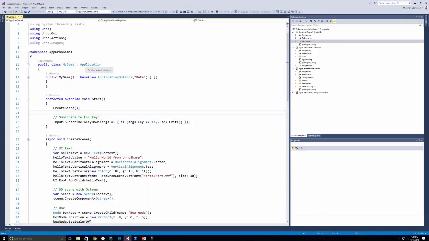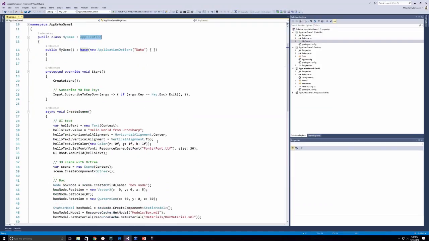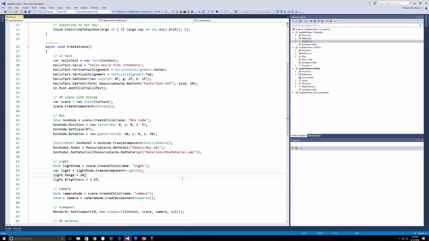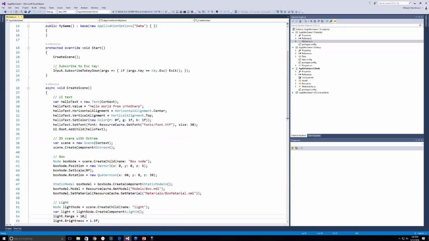But yeah, so this is a subclass of the application class. Here's the code that sets up the scene. There's some basic use of input, subscribing to the escape key. That's not going to work so well on Android, but on desktop that's important. Showing some UI,